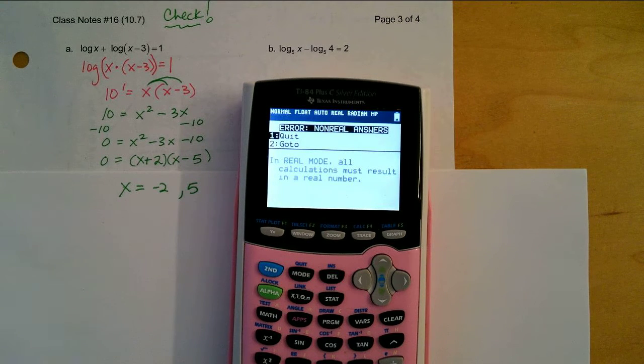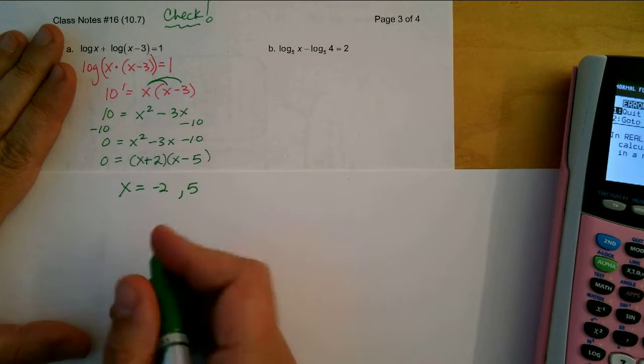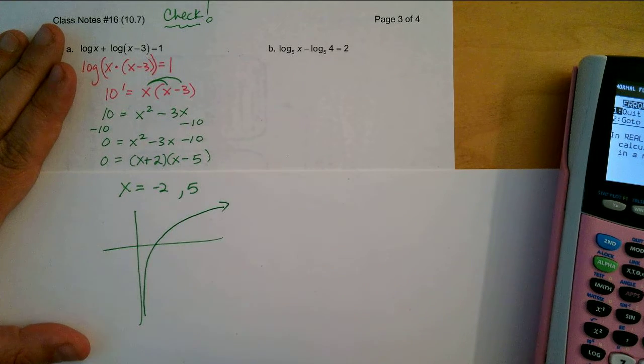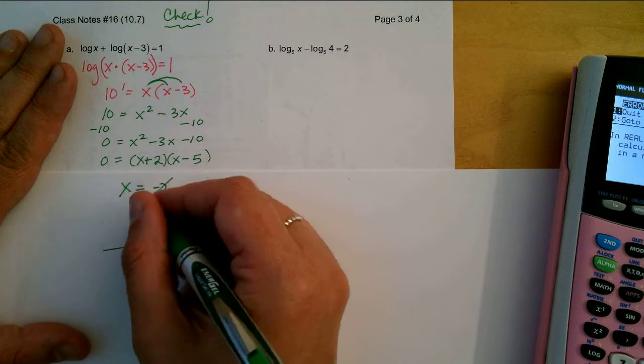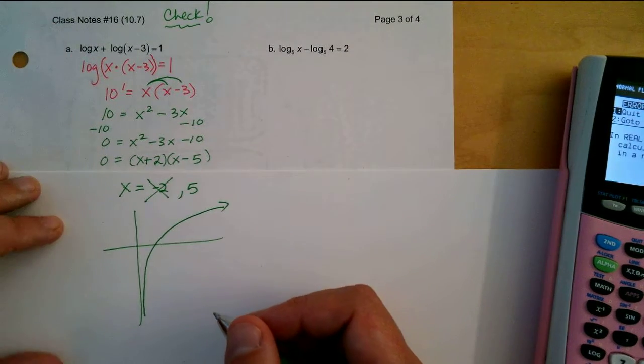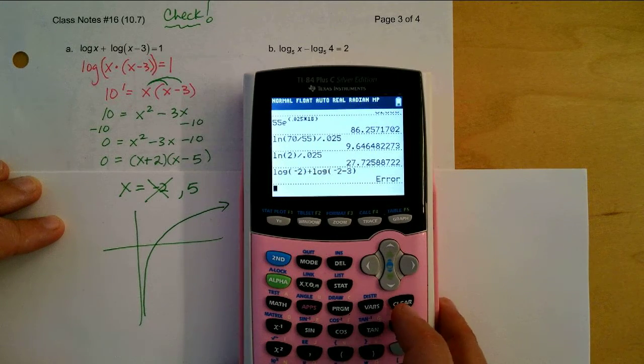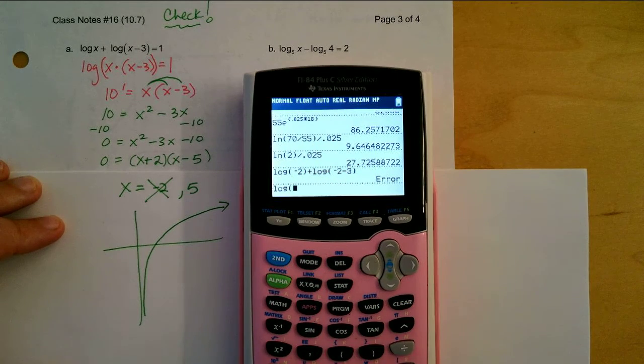Oh, we get an error. That's because, remember, the domain was from 0 to infinity. When we graphed the logarithm, it looked similar to this. Remember, it had an asymptote? So we would exclude -2, and then go ahead and clear that out and check log of 5